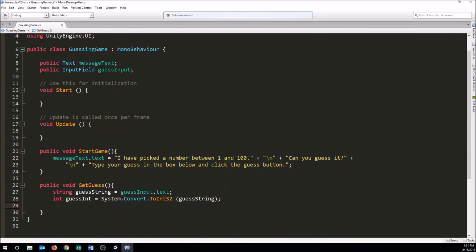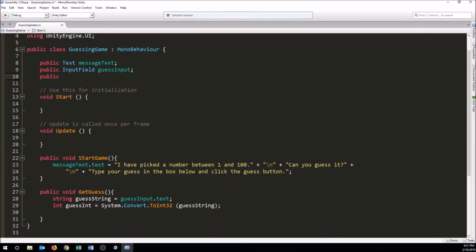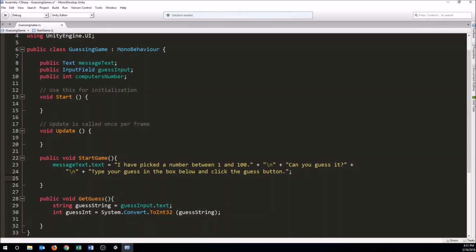Okay, so the next thing we need to do now that we're capturing the guess is we need to have the number that the computer has picked. So when we click the start button, we want to have the computer generate a random number between 1 and 100. So I'm going to make a place up here at the top to store it. We'll make it public for now so we can see it in the inspector. This will be an integer, and we'll call this computer's number. Then down here in the start function, after we do our text here, we will just go ahead and generate a random number. So we'll say computer's number equals, to generate a random number, we say random.range,